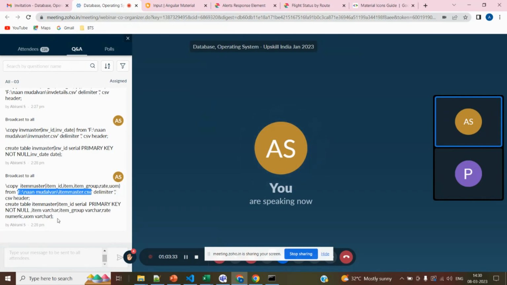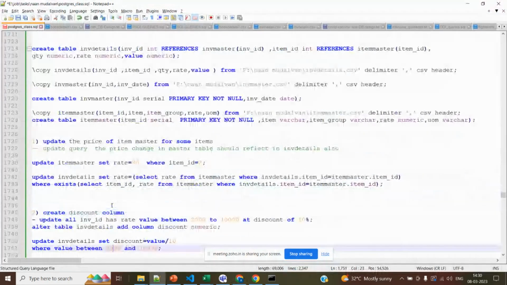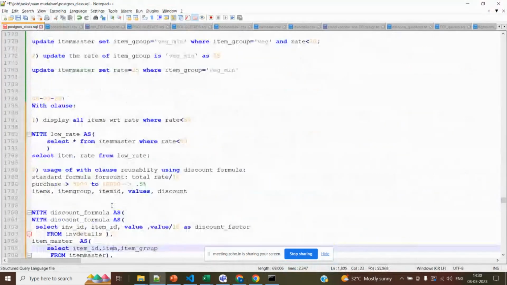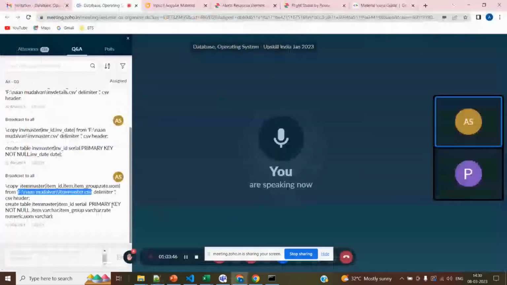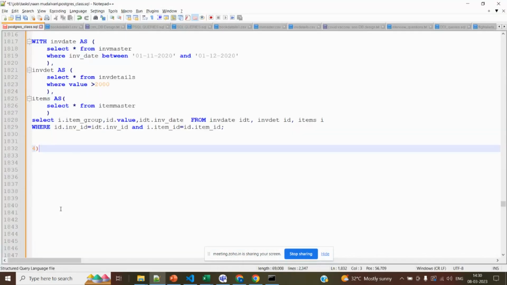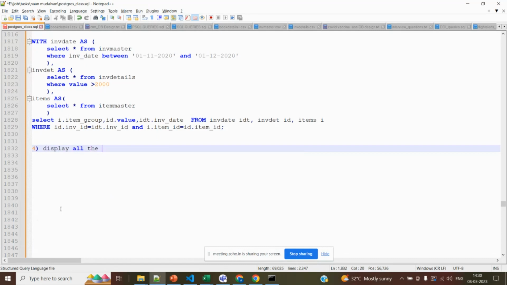Now I will give you one exercise regarding this. Those who completed creating the tables in yesterday's session can do this question. What I want is to display all the items sold